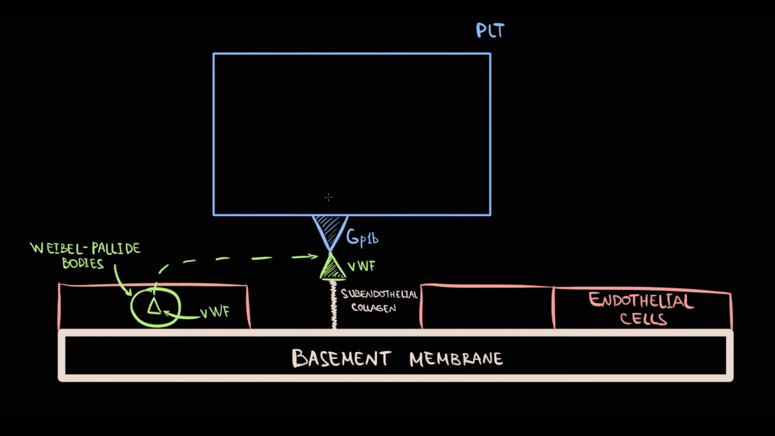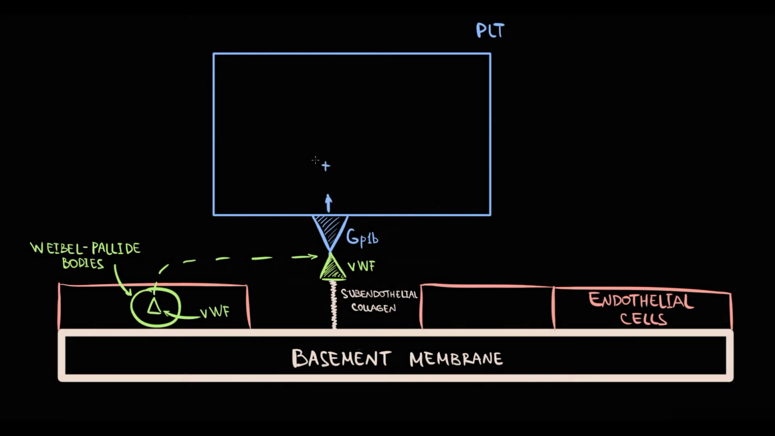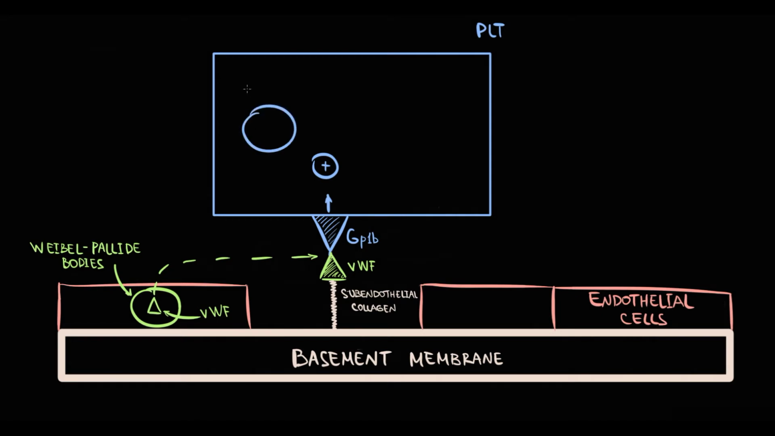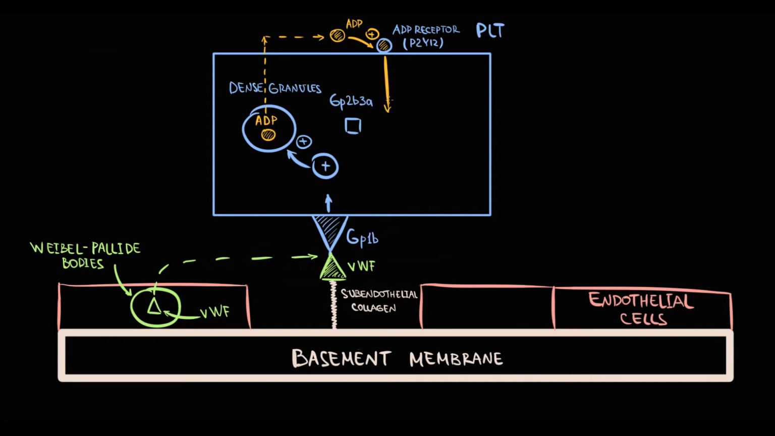After the adhesion, platelets become activated. In response to this, they undergo shape change that results in their degranulation. With degranulation, platelets release the content inside them, including the dense granules that contain ADP. ADP that is released into the blood acts on the ADP receptor on platelets and activates it. Activation of the ADP receptor forces platelets to transport the GP2B3A receptor to the surface, where GP2B3A serves as a binding site for